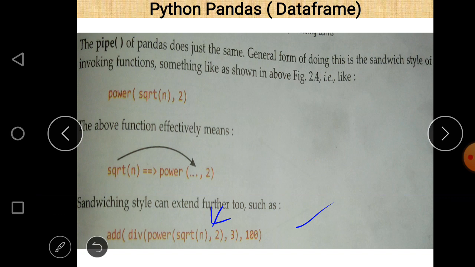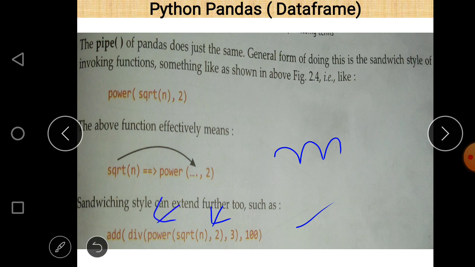That's why sqrt(n), the square root of a natural number or given number, is solved first, and then we finally get a number. Suppose the number is m, then the second function, the power function, is executed.